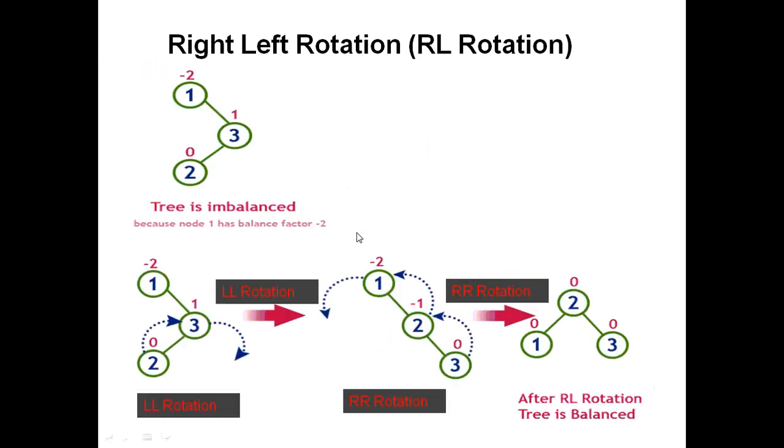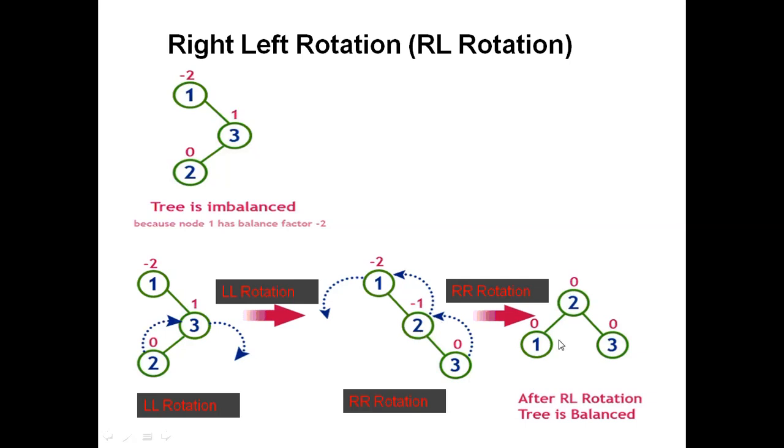Similarly, we have this one. Okay, so it is -2 and it is R of L, right hand side, and then the left hand side gets heavier. So this -2 clearly indicates that it is going to move to the right side, and it is for the left side. So we'll have to do this LL operation first, and then only we have to do this RR rotation. Okay, let's see. First of all, we'll have to do this LL rotation. So 3 will move here, 2 will go there, we'll have this one. Again we'll have to do RR rotation. So 3 will be here, 2 will be here, and 1 will be here.